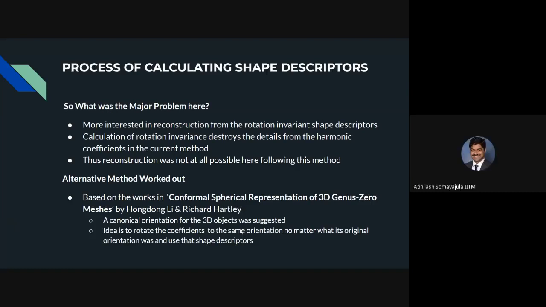So in a canonical orientation, certain spherical coefficients would be zero. I just gave you an example of one being zero; it doesn't necessarily work that way. But something like that. So you'll have a certain pattern in that particular orientation, and from whatever data you get, you'll try to get into that pattern.